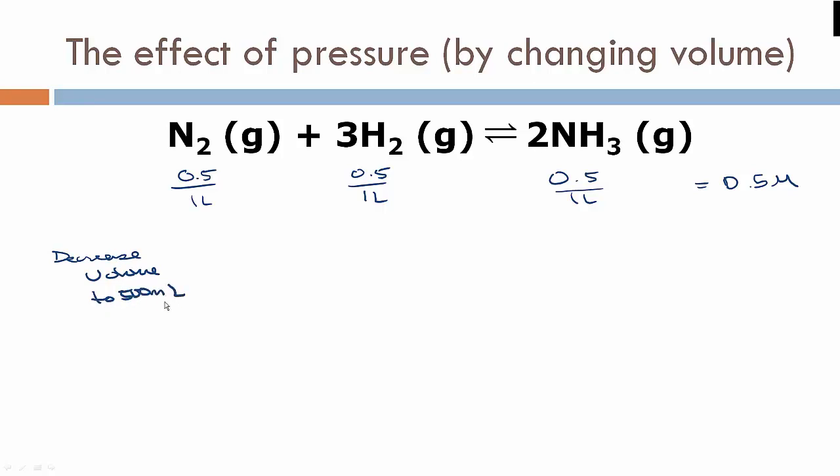Pretty simple to do this. You put it in a piston or you just pressurize the container. That's another way to do it with all the substances in proportion. And what happens? Well, remember this is molarity, so this would be 0.5 moles over 0.5 liters. And the same for all of these. This comes out to be 1 molar. In fact, all of them, because they're all in the same container, will increase to 1 molar because the volume